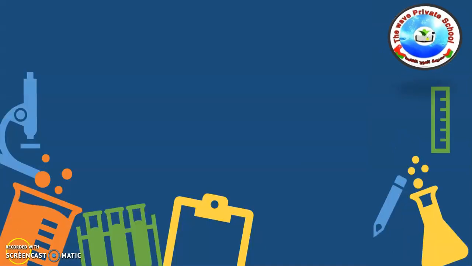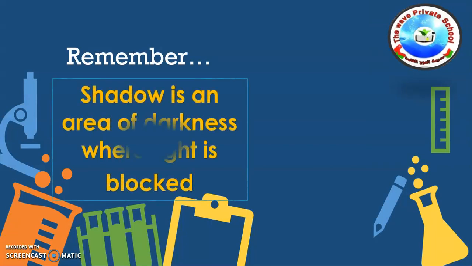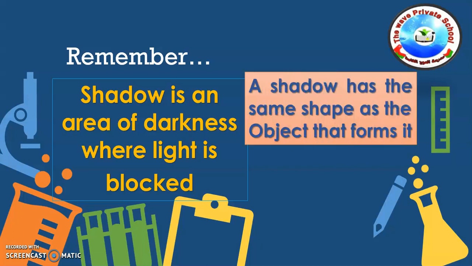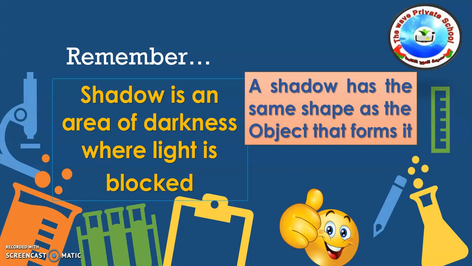Now, before we end, I want you to remember these points. First, a shadow is an area of darkness where light is blocked. And the second one, a shadow has the same shape as the object that forms it. Okay, so that ends our lesson for today, and I do hope that you remember what we talked about and do